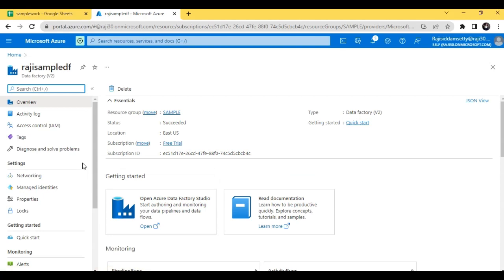We have to first back up your files before deleting them with the delete activity, in case you need to restore them in the future. Make sure that the service has the right permission to delete folders or files from the storage store. Make sure you're not deleting files that are being written at the same time. If you want to delete files or folders from an on-premises system, make sure you are using a self-hosted integration runtime with a version greater than 3.14. So click here.